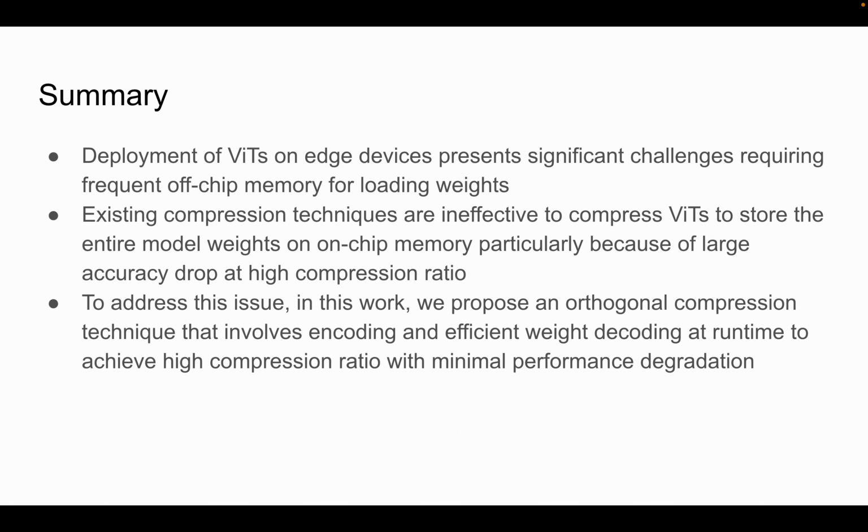In summary, deployment of vision transformers on edge devices presents significant challenges, requiring frequent off-chip memory access for loading weights, and existing compression techniques are ineffective to compress ViTs to store the entire model weights on on-chip memory, particularly because of large accuracy drop at high compression ratio. To address this issue in this work, we propose an orthogonal compression technique that involves encoding and efficient weight decoding at runtime to achieve high compression ratio